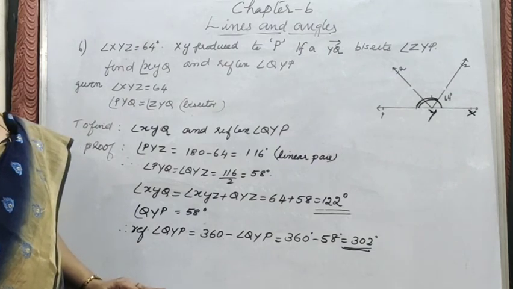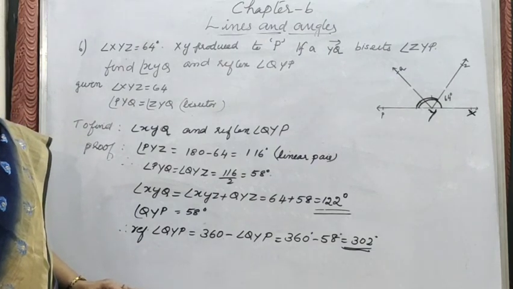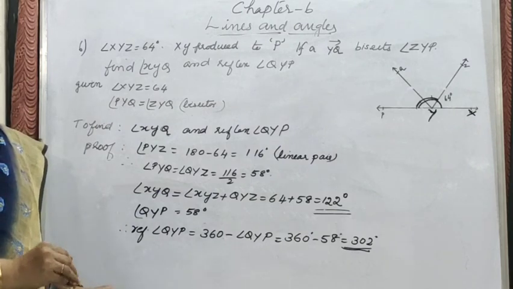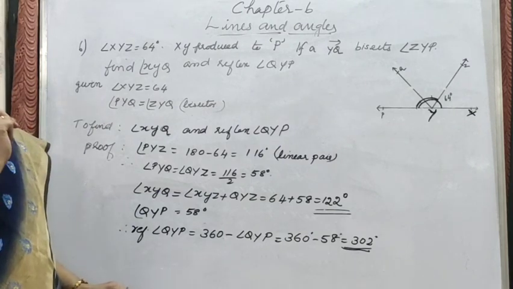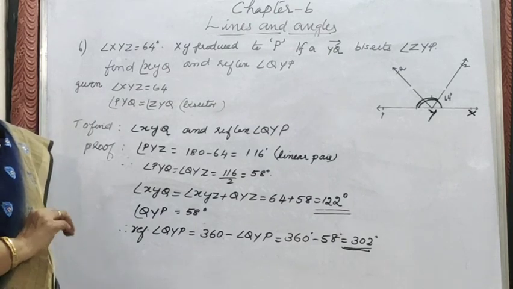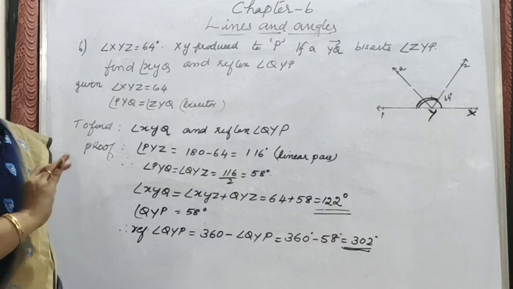I know that you all feel that this chapter is difficult because it's geometry. So first you do it in the rough book, then do it in the classwork. Then the third time the exercise question is to be completed in the homework copy. Then you will feel it is a little bit easy. Don't neglect the questions.